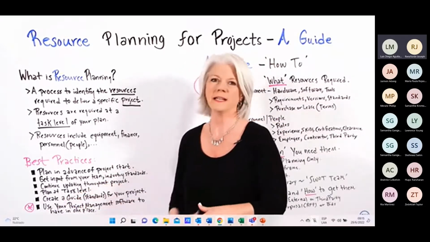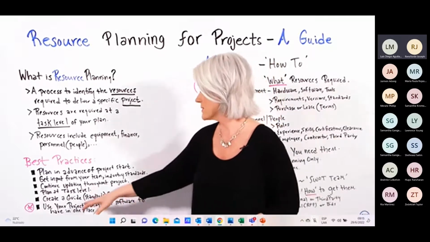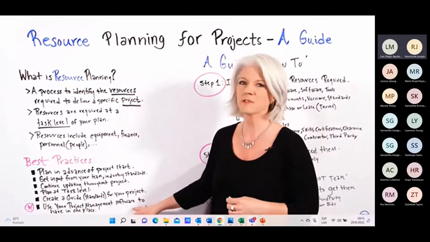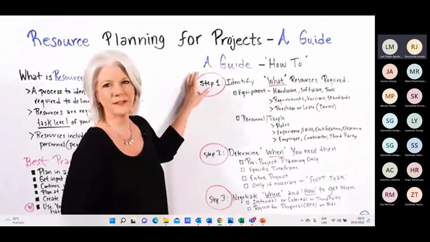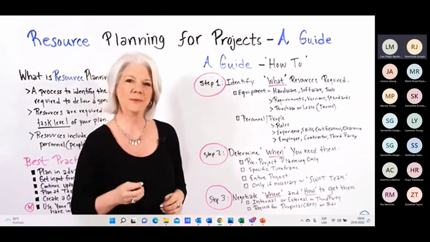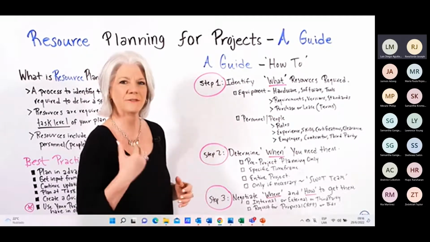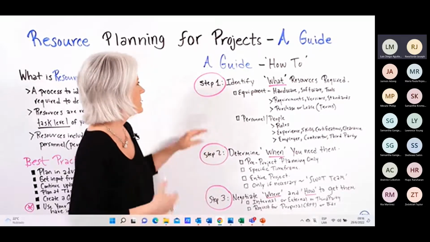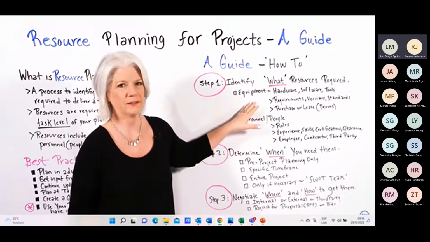Here's also, you want to create a guide or set of standards for your project. And then also here, I think this is an important one for me, is use your project management software so you can have all this planning in one place. So here is a guide on how to do your resource planning. I like to break it down in 3 high-level steps. And there's some other whiteboard sessions that take these into further detail, but I want to focus on these 3 to get you going. So first of all, step 1 is to identify what resources are required.